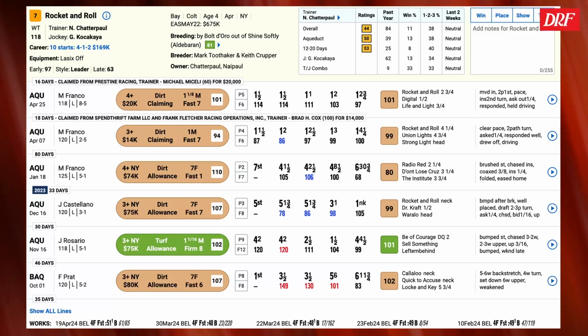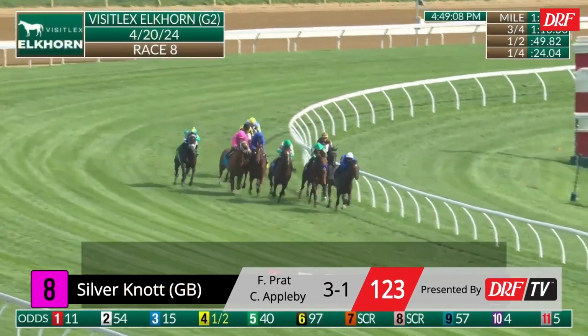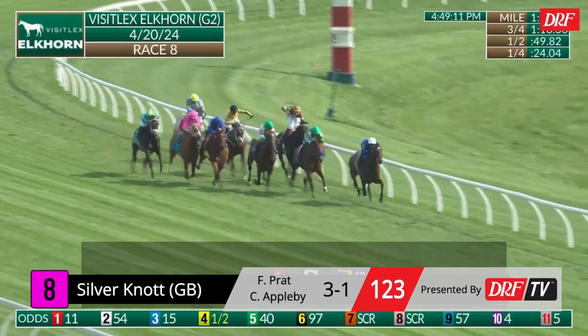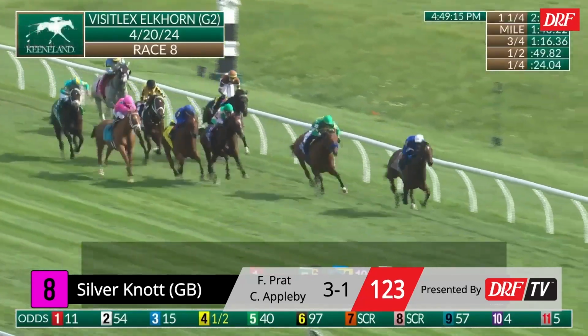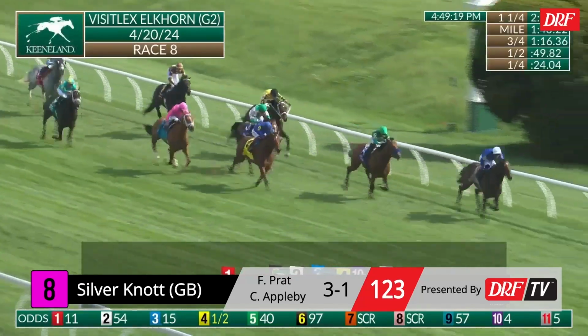And now for the 2 Charlie Appleby runners. The number 8 Silver Knott, drawn 1 from the outside. We'll take a look at him winning the Grade 2 Elkhorn at Keeneland in April, and got a very good trip in this race. This race was dominated towards the front end. He was just tracking outside of an overmatched front runner, took over from that foe, and is able to hold